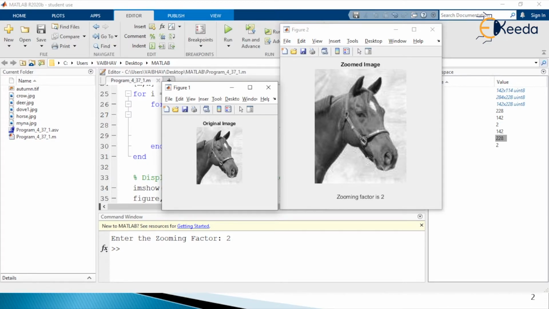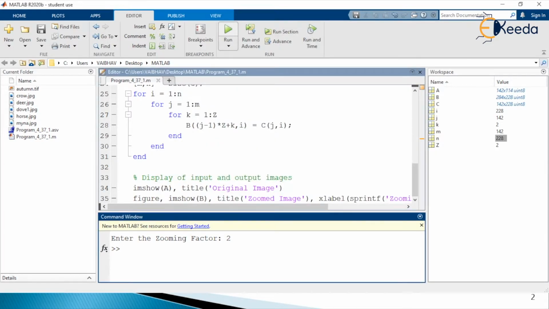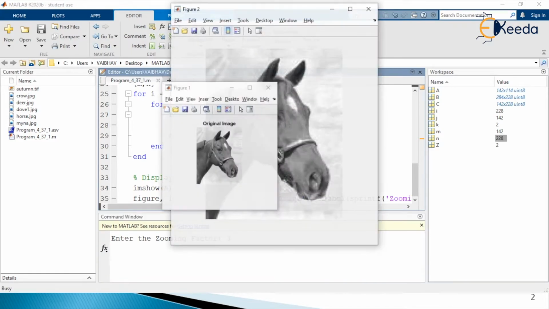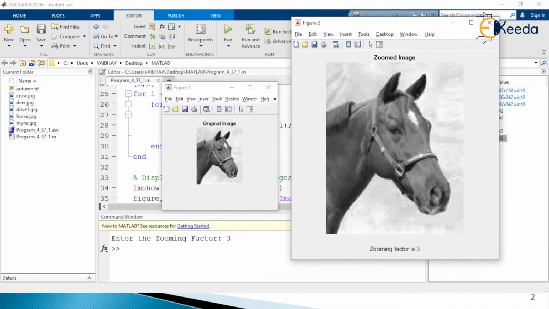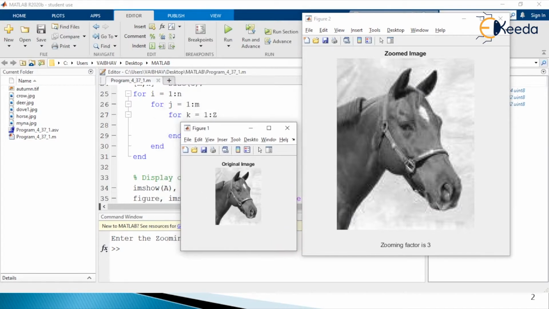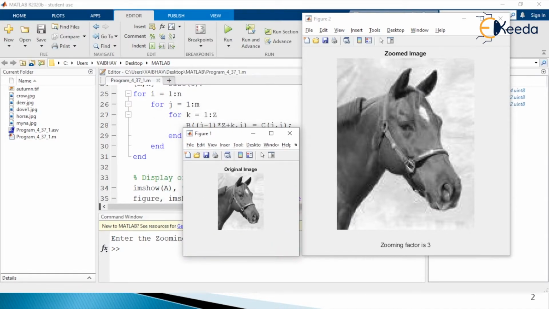Here we have zooming factor is equal to 2 at the bottom of this output image. Going back to the program, I run it again and it asks me to enter the zooming factor. If I write the value 3 and hit enter, you see the output image is 3 times the input image here.